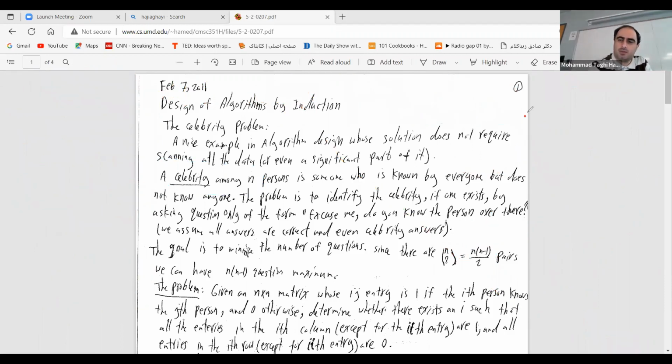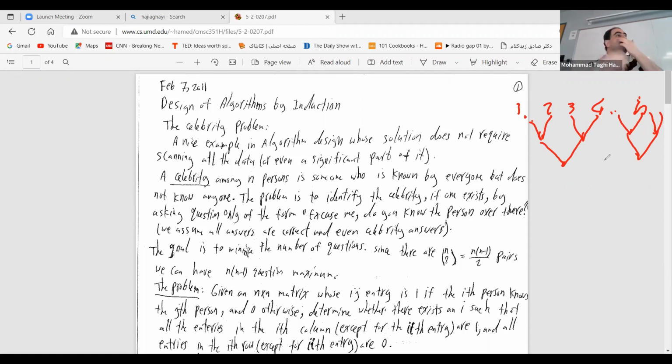So we might be able to do this one, 1, 2, 3, 4, n. And you might be able to do something like this. First these two guys, then these guys, then these guys, and then one of them will be eliminated. And then the winners are coming together, and so on. In this case, you can make sure that each person has been asked log n times. And this log n information is the one that you don't need to repeat. So you may save this log n.